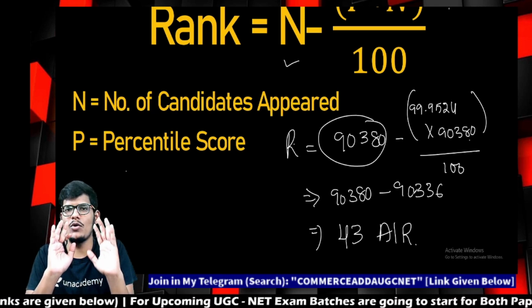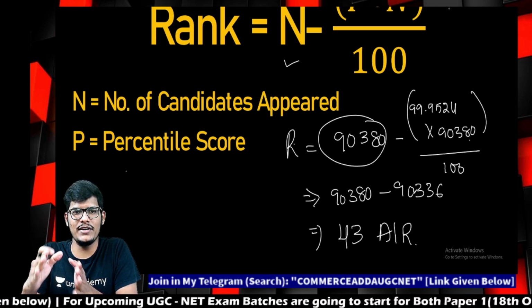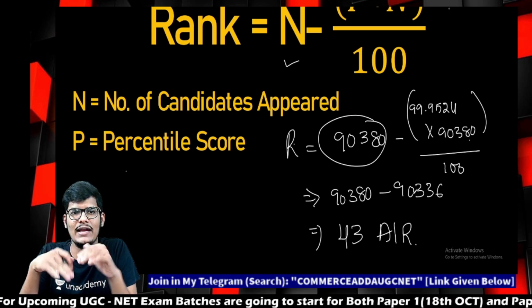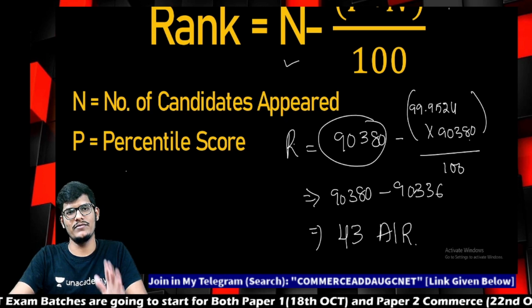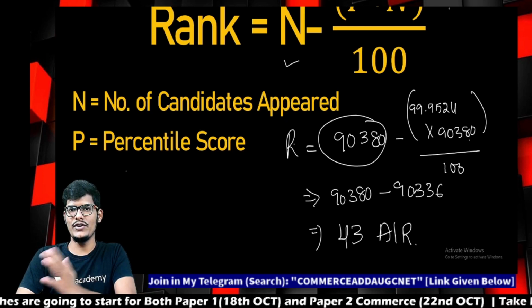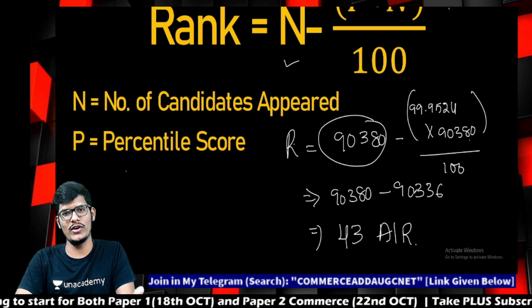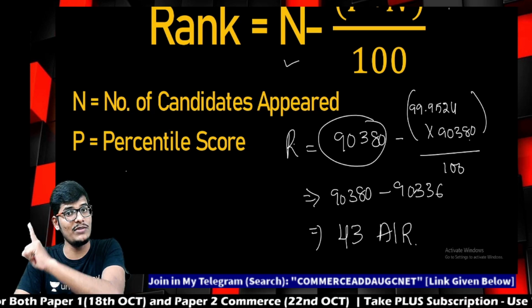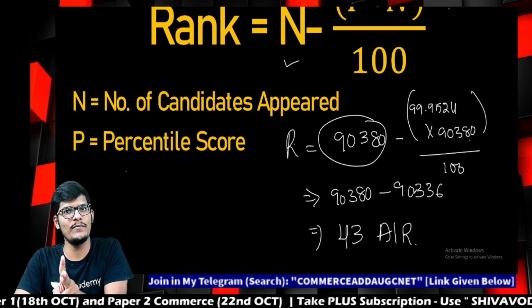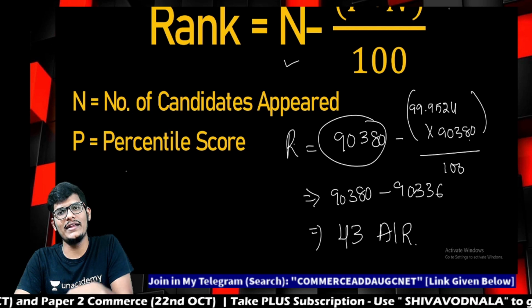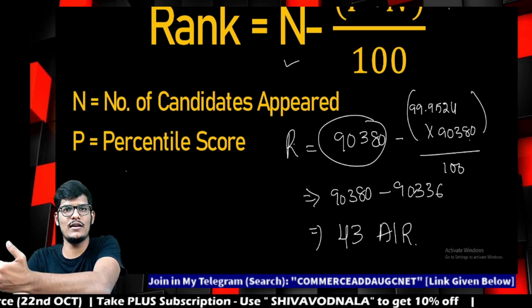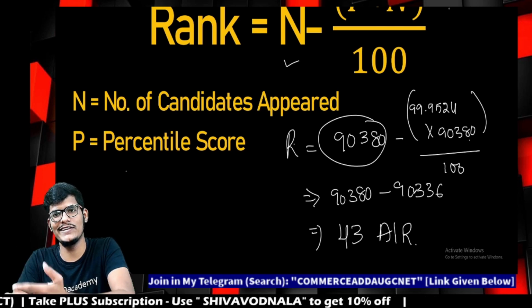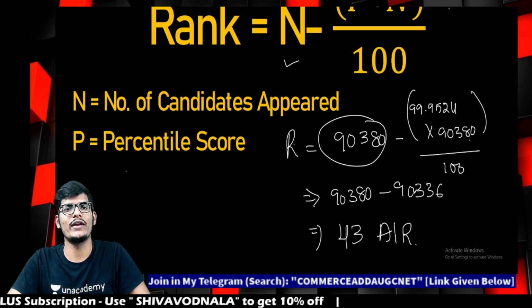I hope you got some new information with regard to how the rank is calculated. Once your result is out, you can calculate the rank. I also posted various other videos yesterday and the day before yesterday. The normalization concept is very important when multiple sessions are there, and how NTA will calculate the ranking and result procedure. Before that I posted another video about the cutoff calculation. Kindly see those videos, I am giving a link over here.